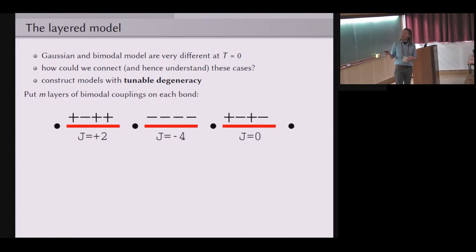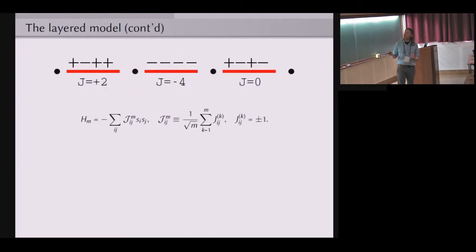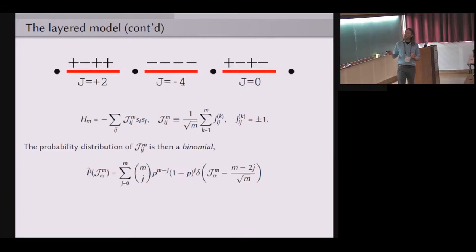So imagine you have on each bond several of these ±1 couplings, and then you just sum them up. So for example, for 4 couplings, you could have these realizations, and then you see, well, this is something like a binomial distribution of the couplings. We just take a rescaling factor here into account to make them go to a finite limit for a large number of layers, so m is the number of layers here. And you see that because of that binomial, if you send m to infinity, that converges to a Gaussian distribution, so that includes the Gaussian limit, whereas if you have m equals 1, that's just the standard bimodal case. So we have connected the 2 models,